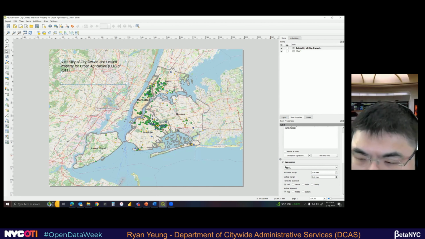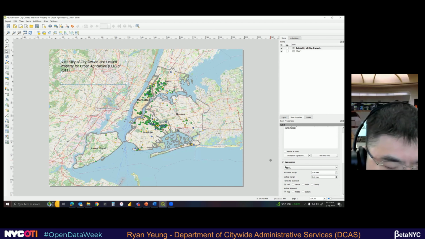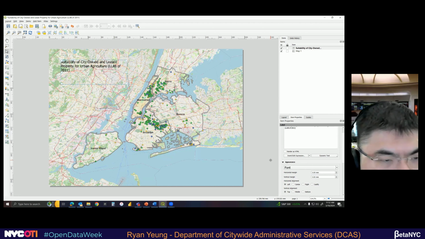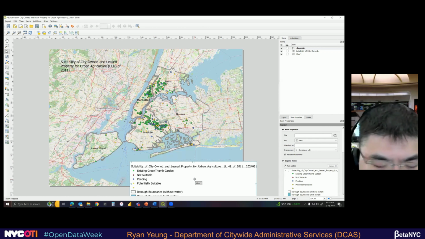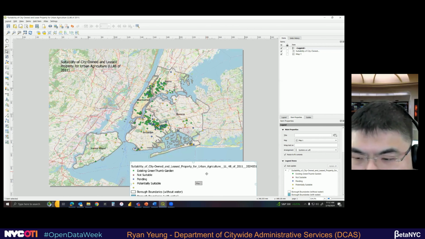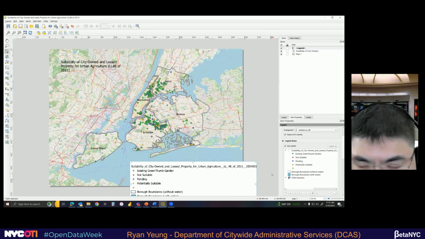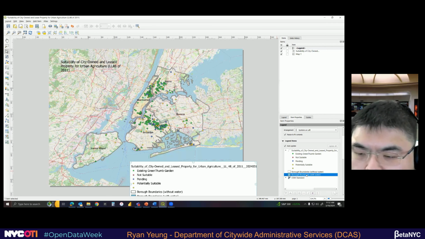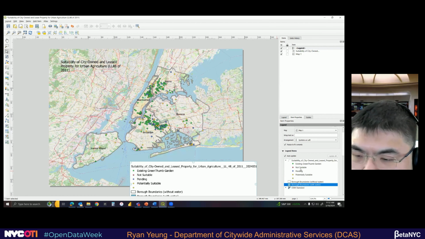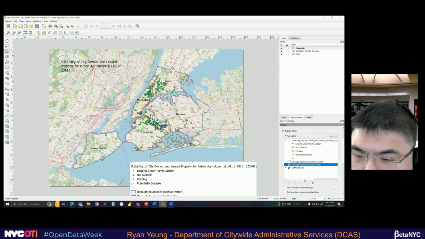All right. So every map also needs a legend. So we can also add a legend. To add a legend, we hit this traffic light looking button here. And I'm going to drag that over the Atlantic Ocean because that's not exactly what we're interested in. And on the right-hand side, in item properties, the different layers show up automatically. And we didn't have the one with water.